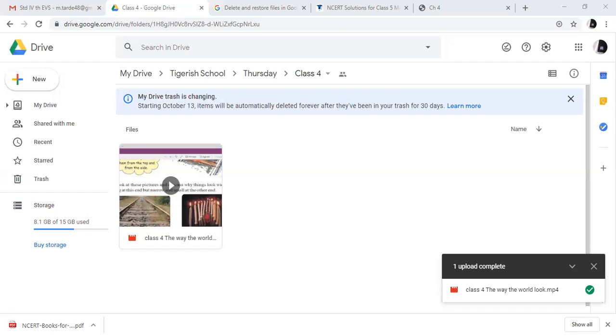Push a matchstick through the center of the circle. Your magic top is ready. Spin it fast. So when you spin, it will spin like this. So what do you see? Can you see all the colors? Write what you see in your notebook. But you just observe, no need to write in your notebook. Just observe what you see when you make that magic top. Practice time. Let's go for the practice time.